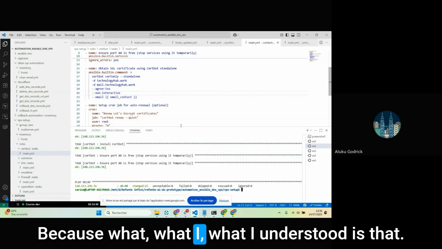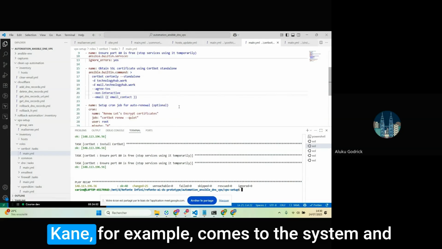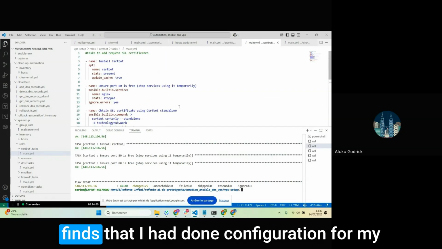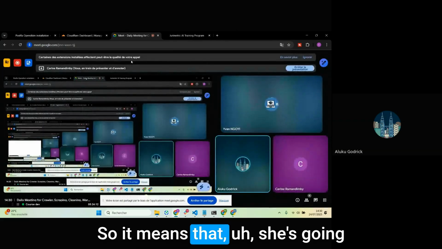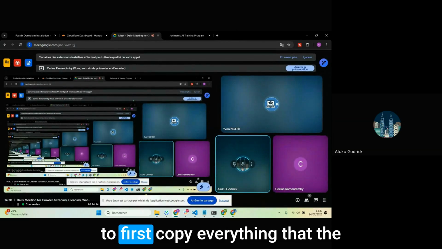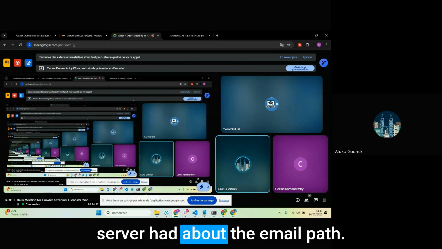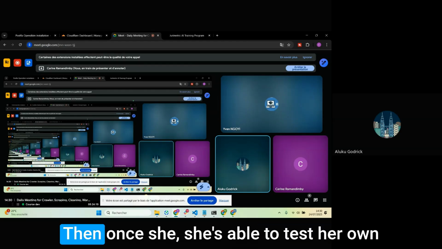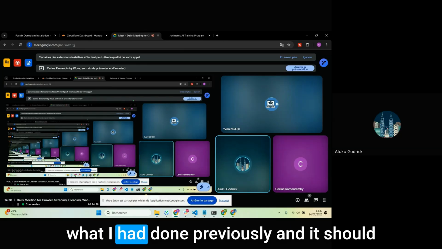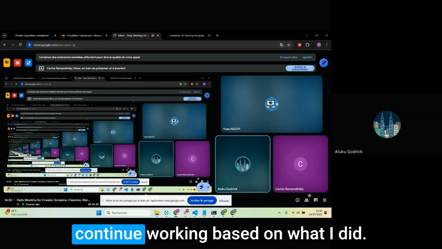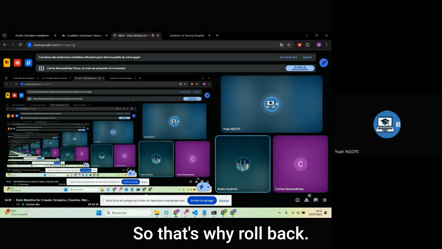Yeah, because what I understood is that if Karin, for example, comes to the system and finds that I had done configuration for my server and those configurations were working, it means that she's going to first copy everything that the server had about the email path. Then once she's able to test her own configurations, it should roll back to what I had done previously, and it should continue working based on what I did. So that's what I understand. Rollback. Yes,